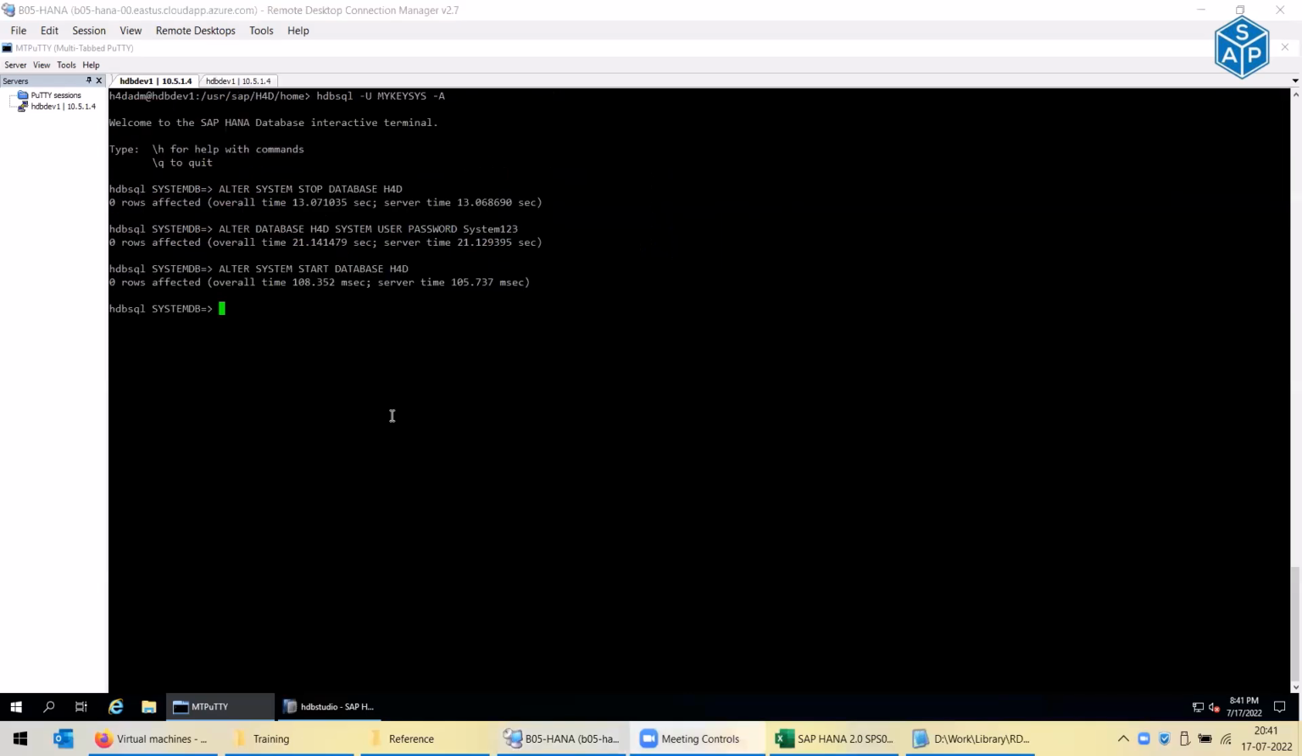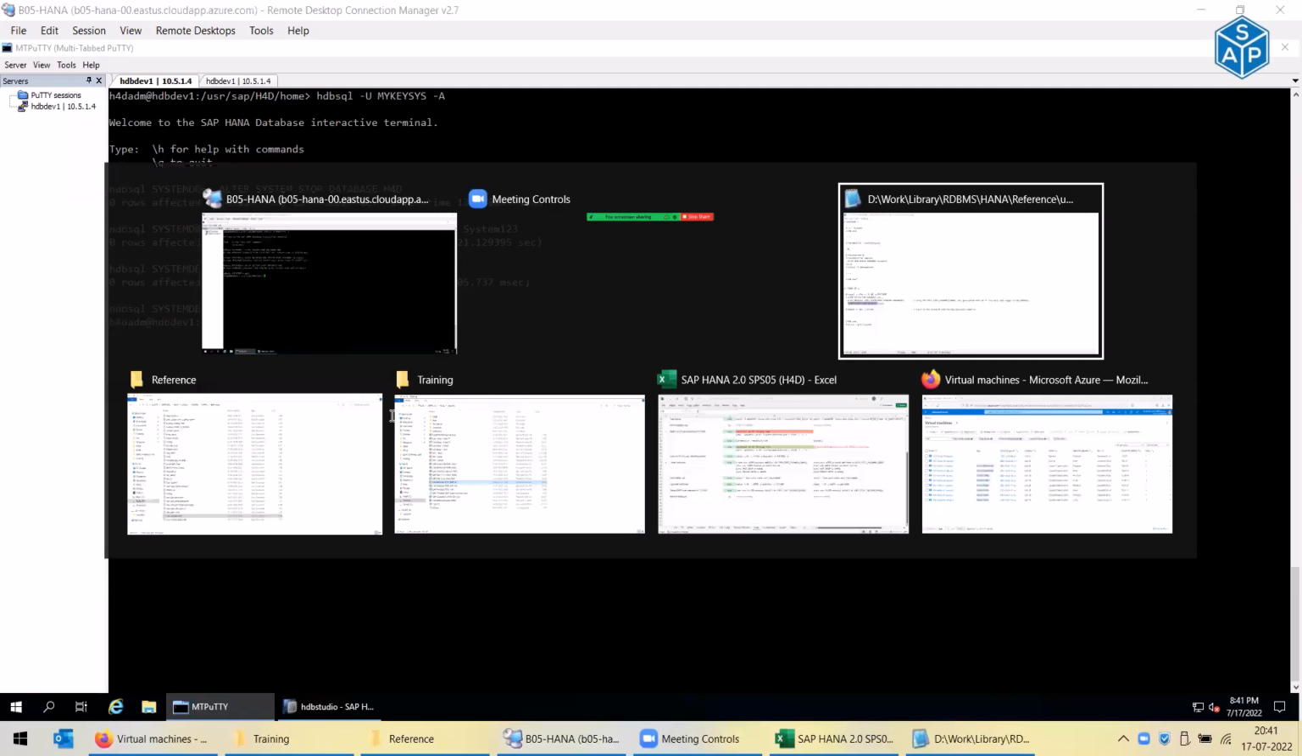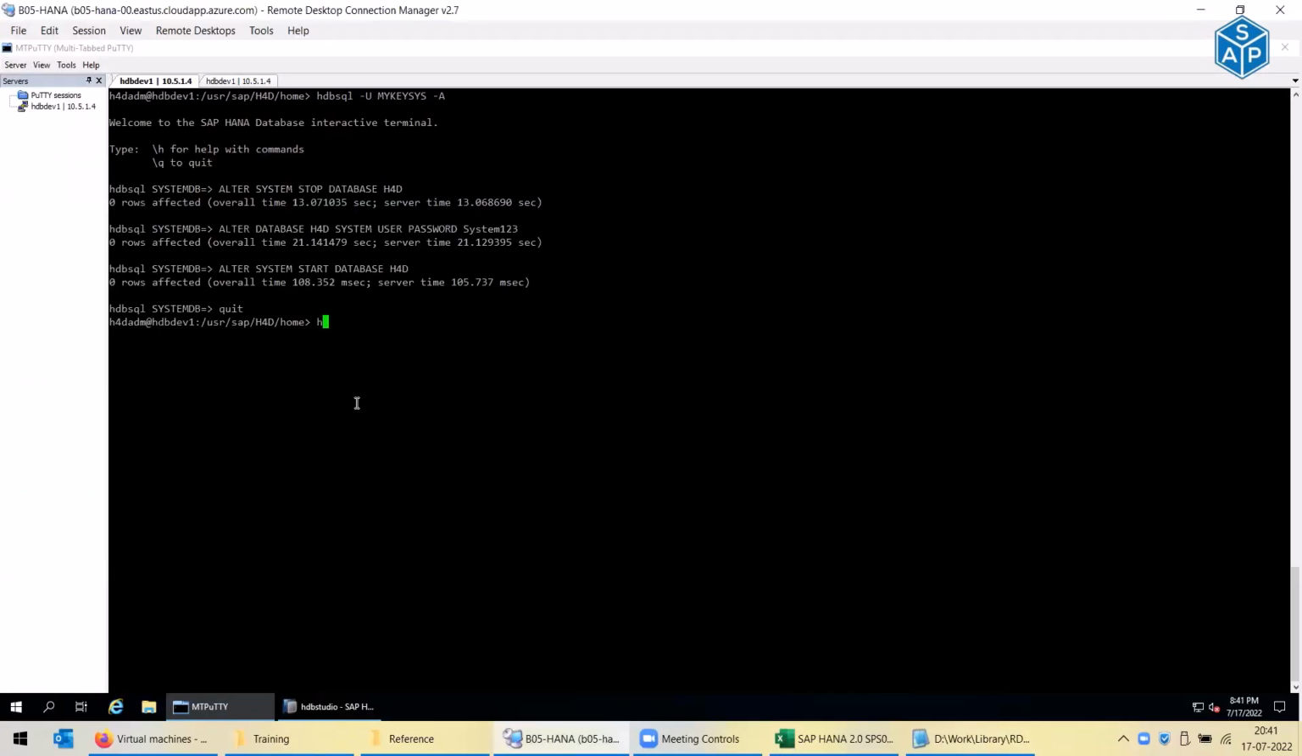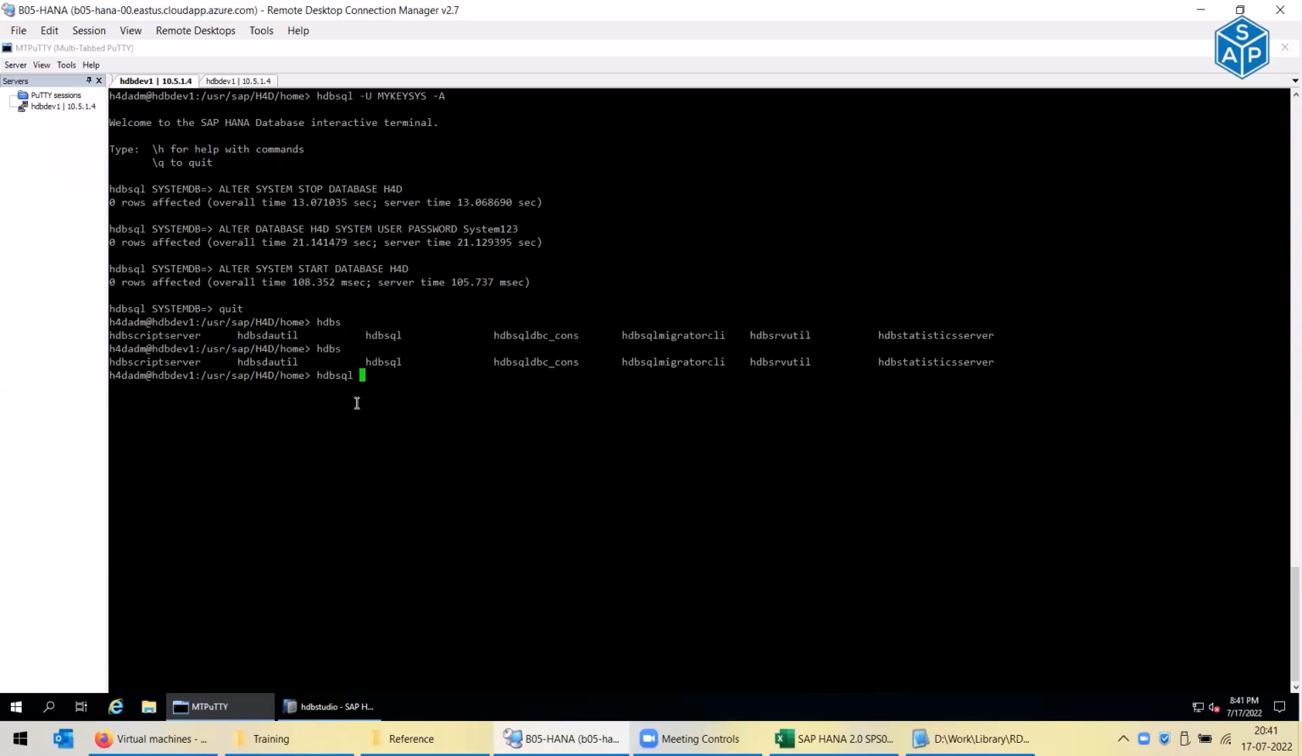So now let me quit from here. I'm quitting from this prompt. Now I'm logging into my tenant database. So how can I log into my tenant database? HDB SQL minus I instance number 03